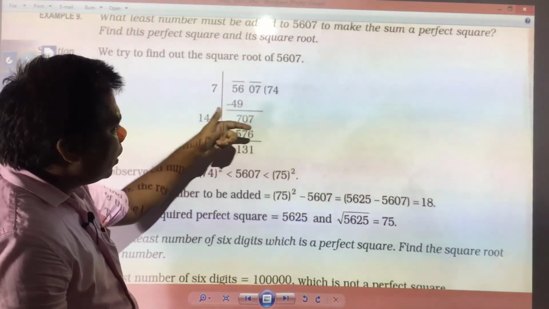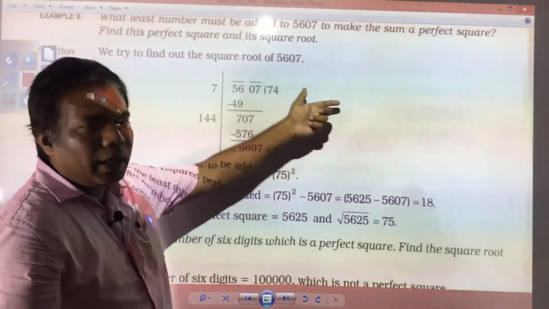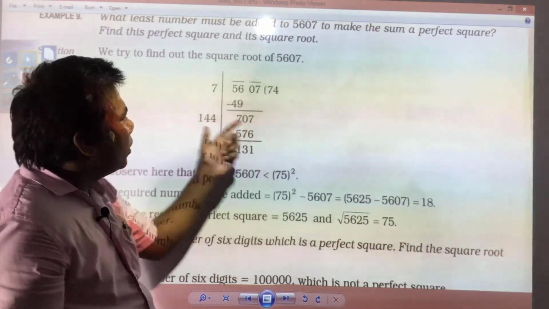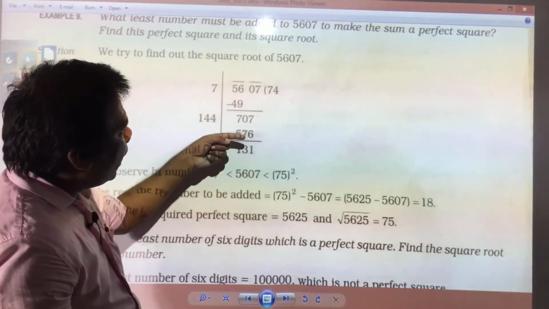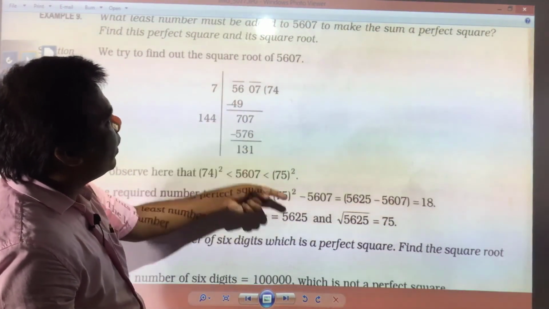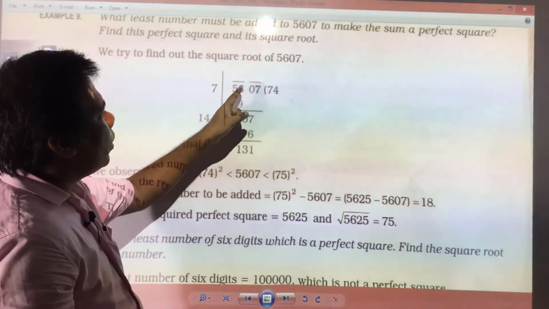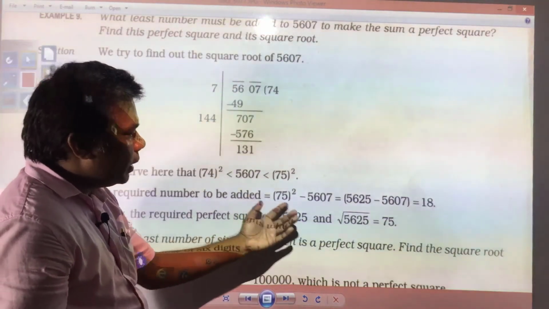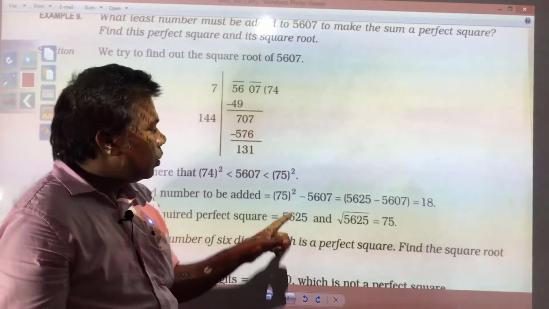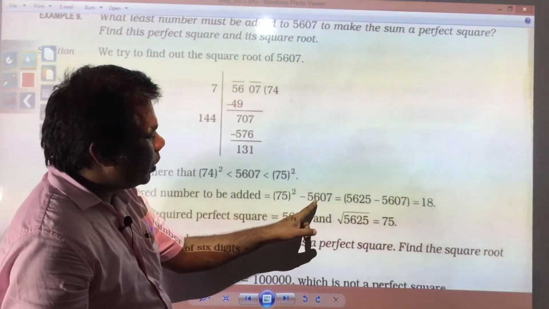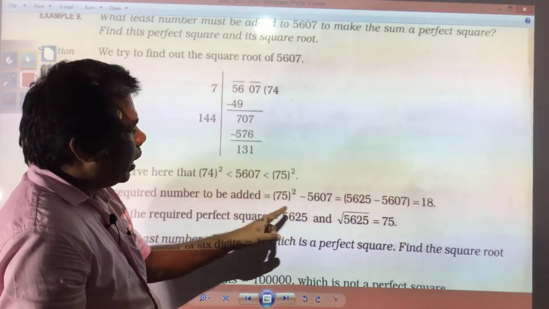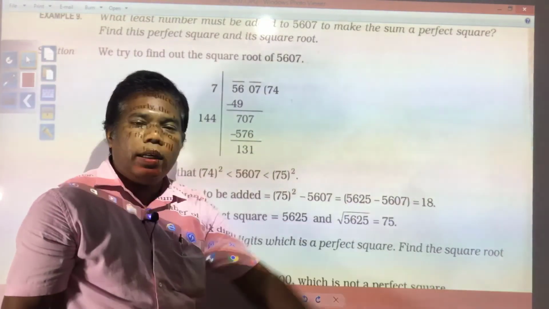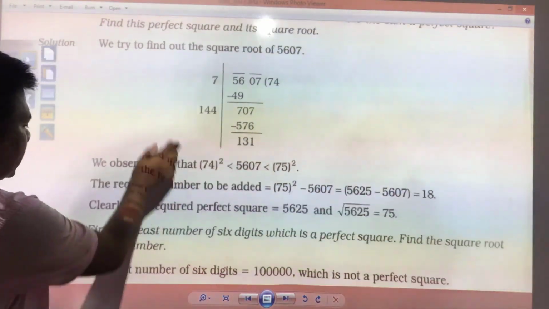The same thing has been done. What I did, I made you understand. So one more time you take, and with that you subtract, the difference you will get is required to be added to this number, or you can do it this way also. So 75 square minus 5607, the same thing has been done, and you will get 18. Next you see,